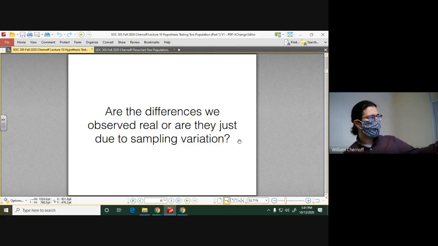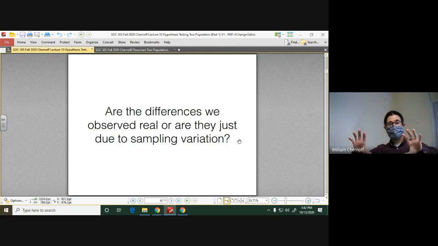Okay, so again, there's this idea that when we're comparing groups, we really want to make sure that there's a real difference and that the difference we see isn't just due to random chance. Again, there could be two populations, take a random sample from one, random sample from the other, and just by dumb luck, we get some lousy samples, and it's really difficult to tell the difference. So, we want to make sure that if we do decide that they're different, then there's enough evidence to make that claim above and beyond just random chance.